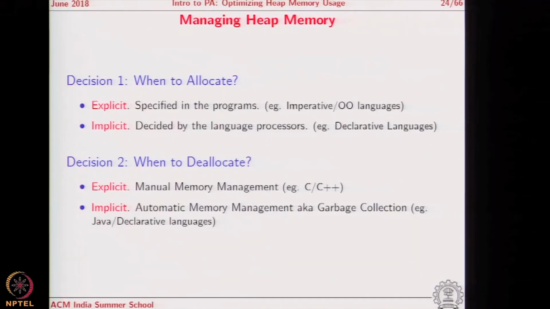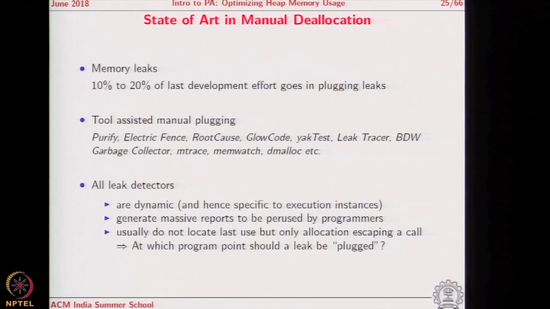How do I know that I am done with this heap memory? If I am done with this heap memory, I would like to deallocate it so that it can be reused for something else. When we talk about manual deallocation, we write in the program free this chunk of memory, or delete this object or some such thing, but we all know from experience that this is really not a very good method, in the sense that programmers forget to deallocate